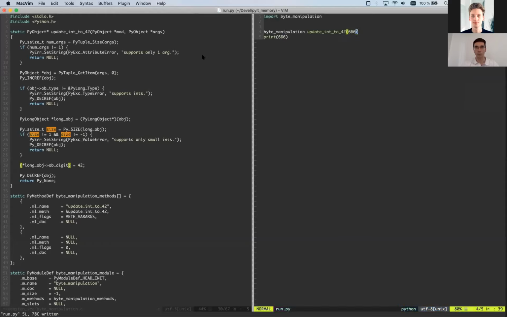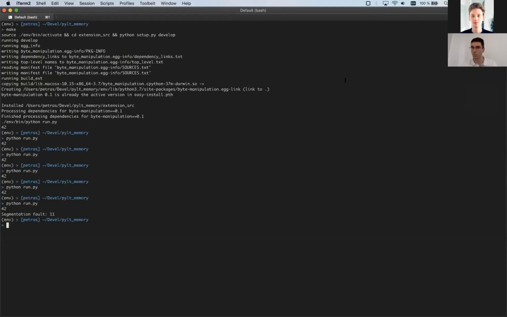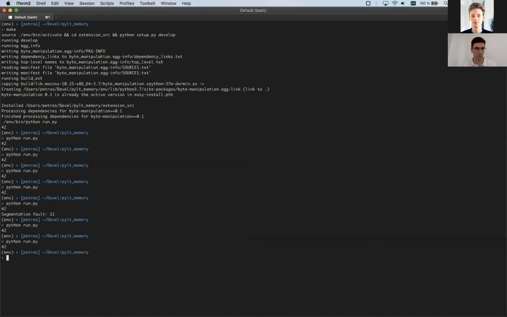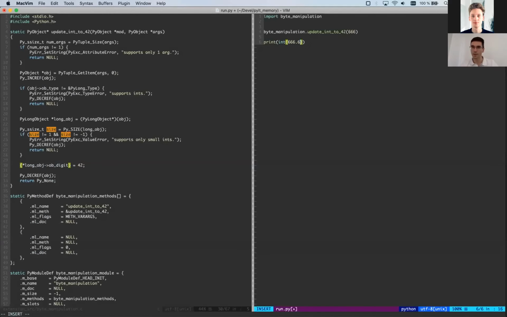And what else? I played around with that yesterday, and there is a trick how to actually get Python to print 666 even if I updated 666. So if I call integer around, oh, not like that. I need to actually start using a float number.